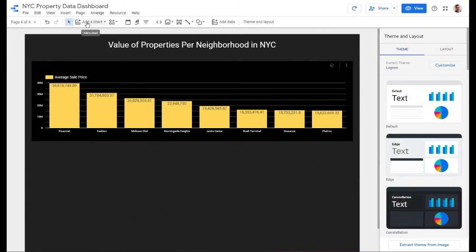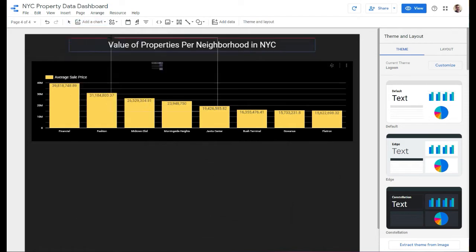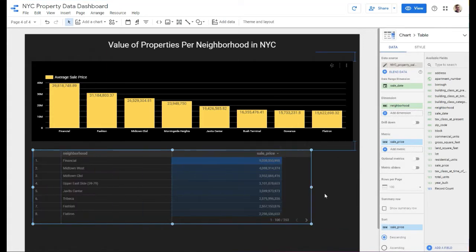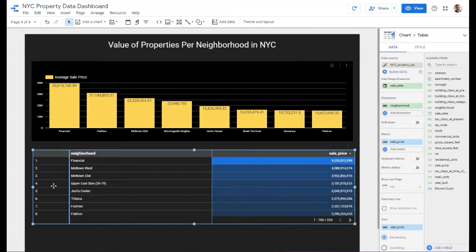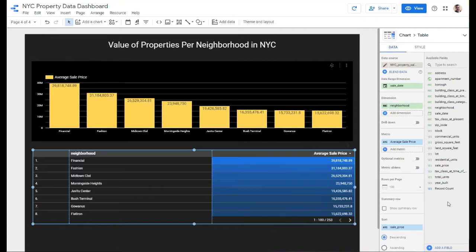Great. We're going to go ahead and add in just a table, and I'm going to do a table with a heat map, just because I like the fact that it adds a little bit additional. And if this doesn't work, we'll just come back and do another one. But let's take the neighborhood. We have the sale price. We're going to take that and we'll say average sale price,